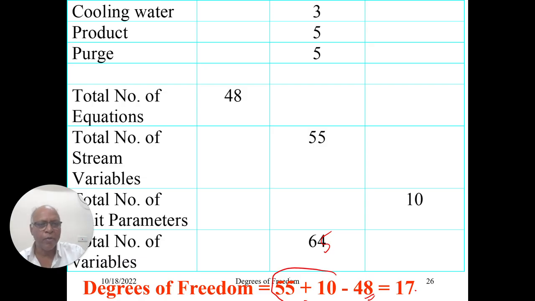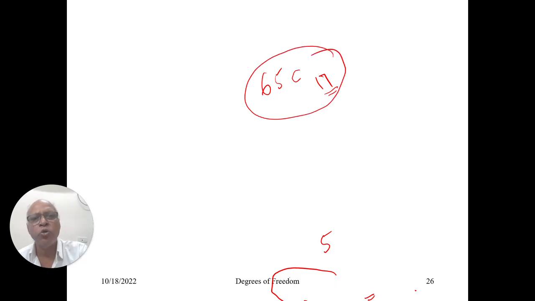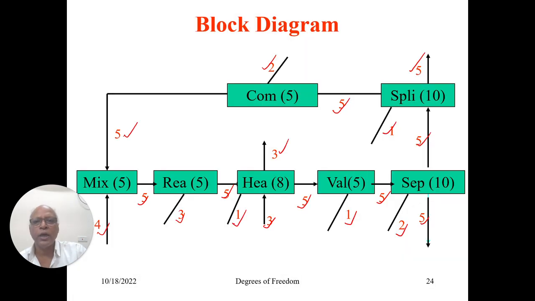What is the 17? Out of the 65 variables that we have, we need to select at least 17 variables because there are only 48 equations. So supplying this difference will equate the number of equations with the number of unknowns so that you will be able to get a unique solution. But what is the number of possibilities of selecting 17 variables out of the 65? Innumerable possibilities. But do you think you are allowed to take all such possibilities? No. This is because the model that you are using is going to use rating models.